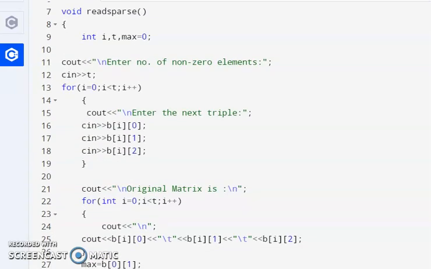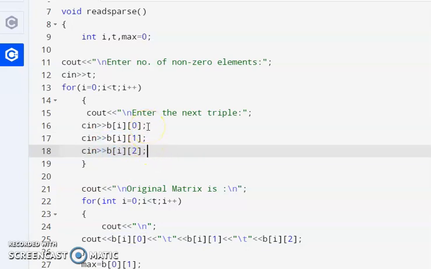firstly we are going to read the sparse matrix. We will be entering how many non-zero elements there are. It will be stored in the variable t, and after that all the elements will be read in the triple format. Triple format in the sense we are reading the row value, the column value, and the value to be stored at that particular index.